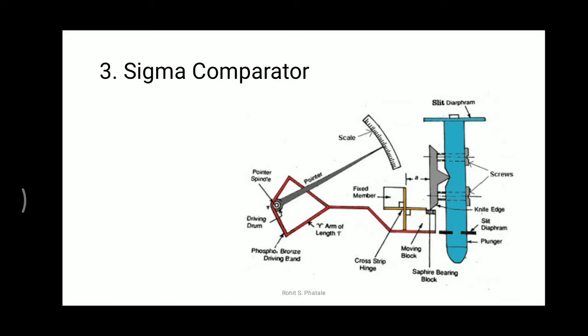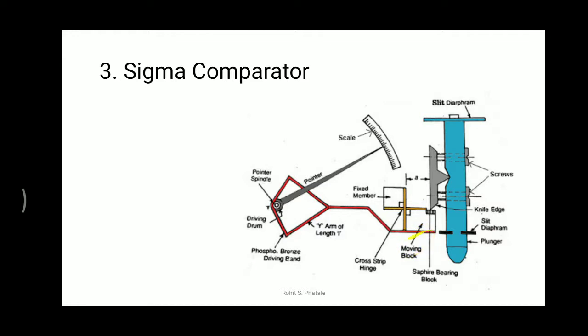Primarily, the displacement given to this plunger will be taken by this plunger, then the knife edge will get that displacement and the displacement is fed to this cross strip hinge, or you can say this moving block.